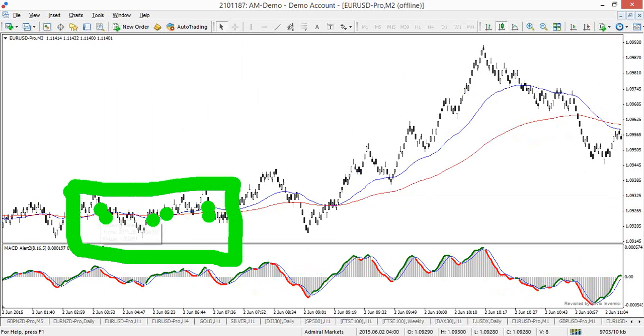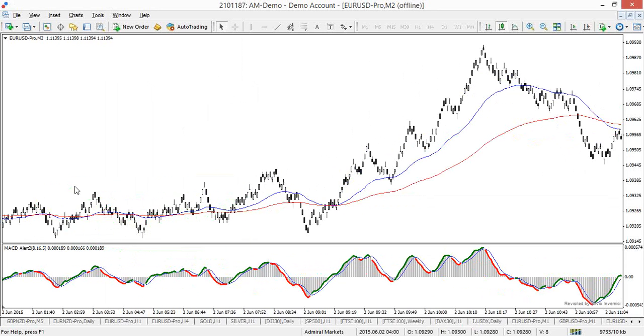This is something that we would have to visually see and understand. Obviously it's not going to be perfect. There's going to be moments that this goes wrong. But when it's flat like this and it's kind of intertwining with each other, it's not a trend, even if one is above the other. What we're looking for to establish a trend is not only one above the other, but some gap between those moving averages. So preferably something